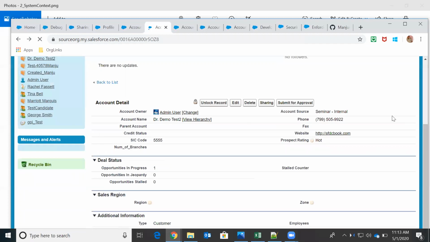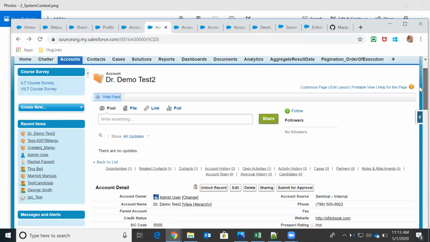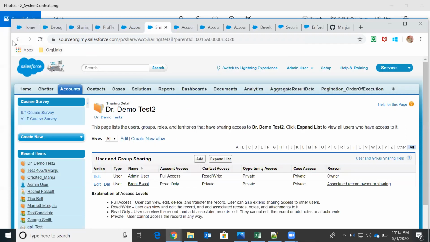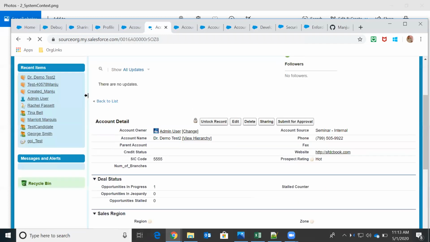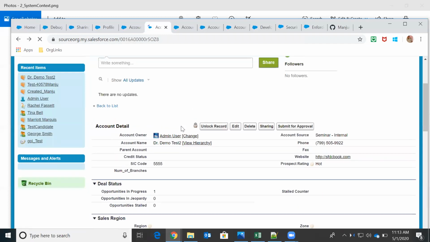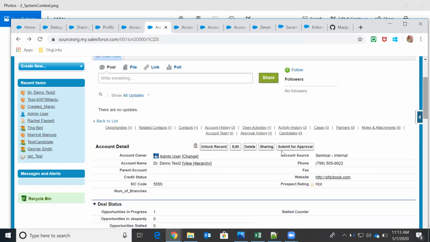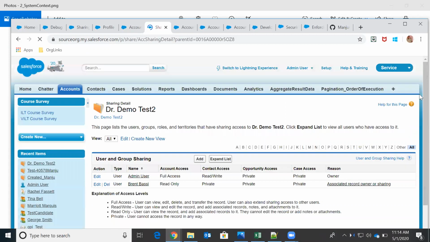So to understand how a record is shared, we just need to go, as an administrator, this is a simple way. You don't need to write any SOQL queries to understand it. For a huge number of records, we can check from the backend. But if it is just one or two records, this is how you can check. Log in as a system administrator, open that record and go to sharing. Then you'll be able to see the reason for sharing.